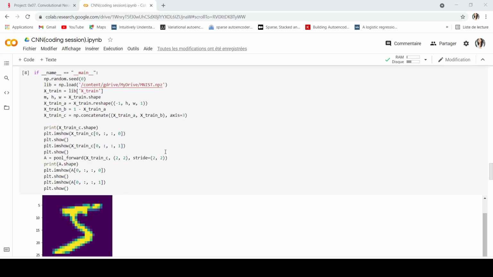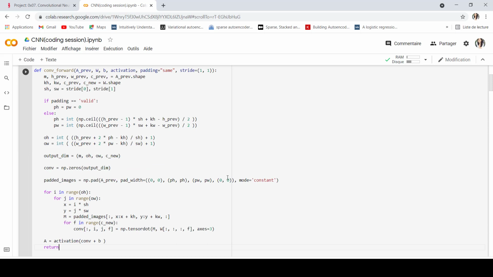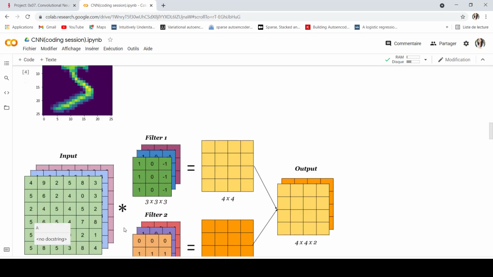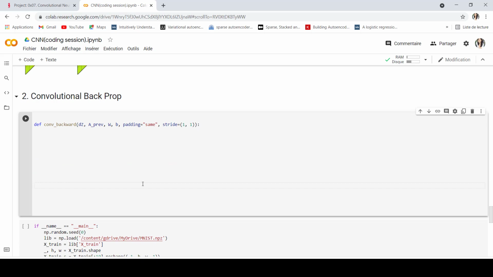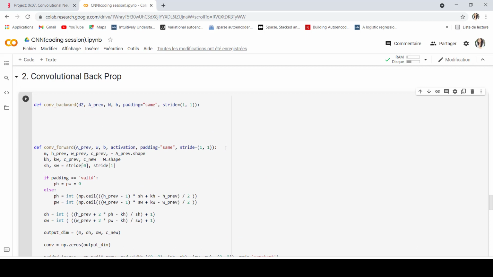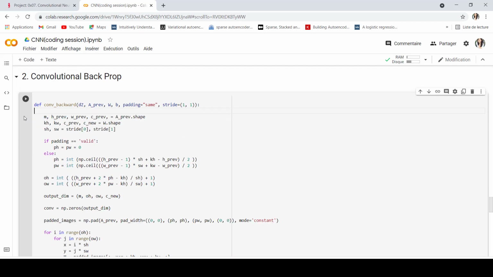Here I'm going to take the first function, because many things will remain the same. Okay, so the shapes.